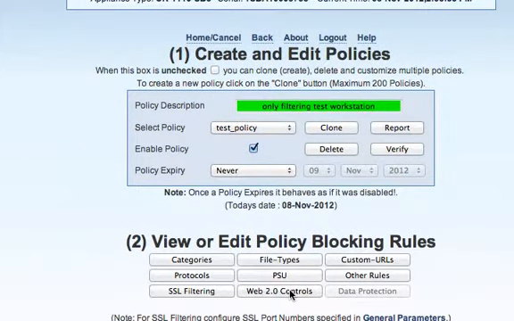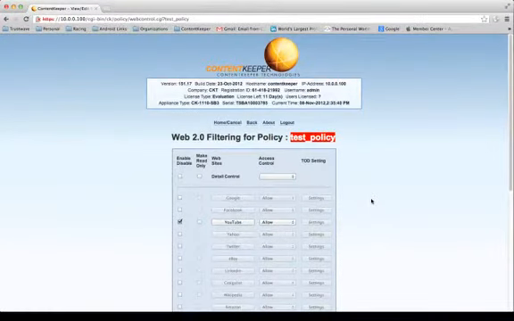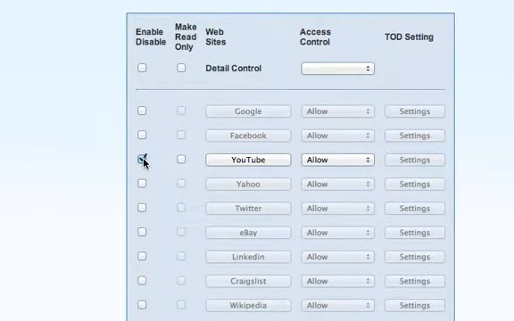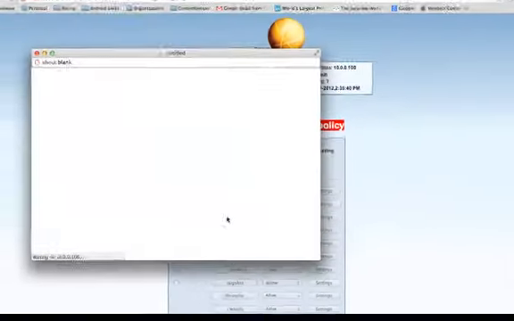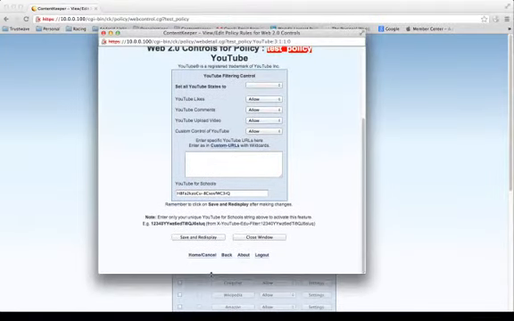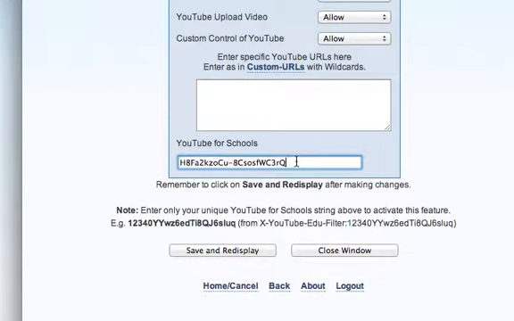Next you go into the Web 2.0 controls. And here you have to ensure that YouTube is enabled. Once you have YouTube enabled, just go into the YouTube button and that will take you to the level 2 controls for YouTube. And here down the bottom is basically the YouTube for Schools field where you put in the string from your